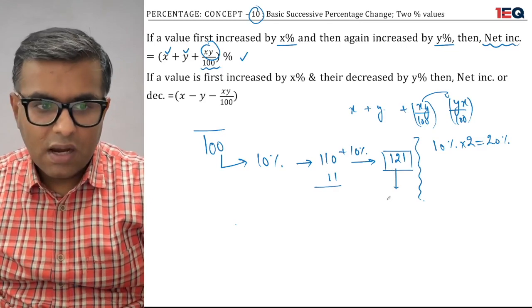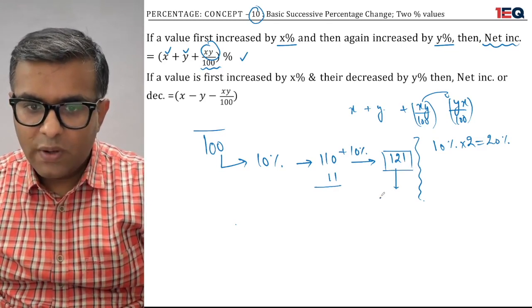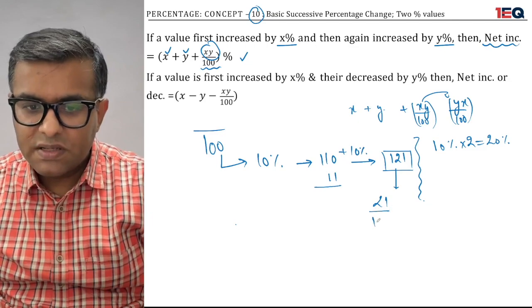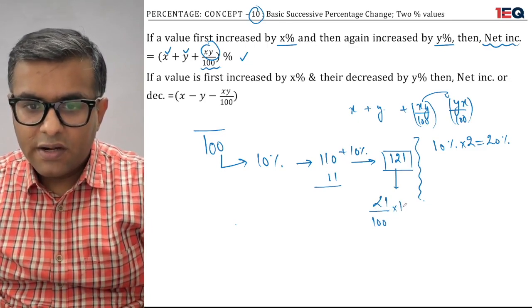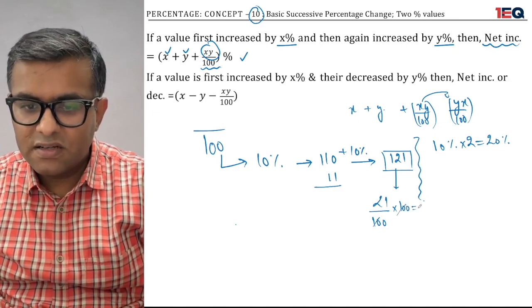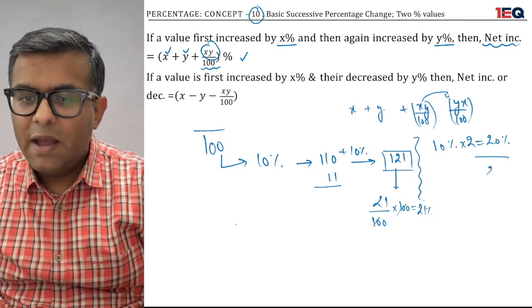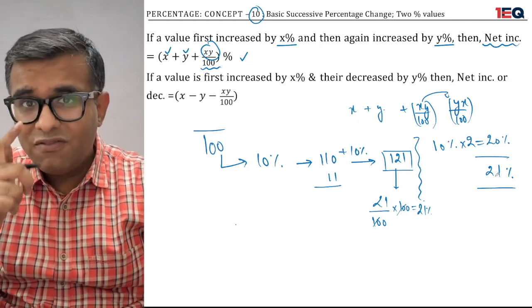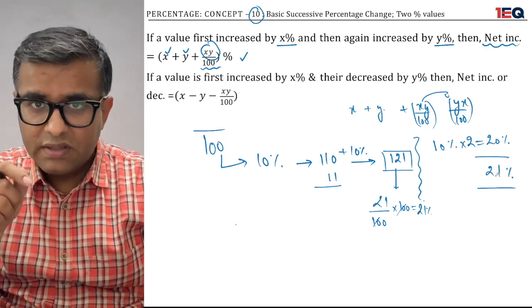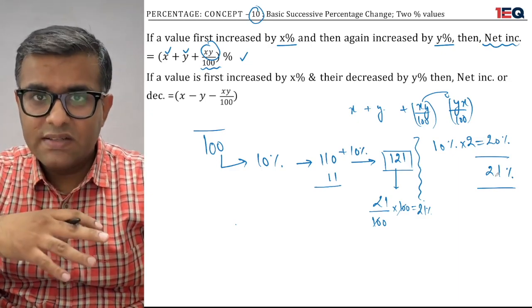The answer is 121 minus 100 is 21. And the base percentage is the old money which I had, which is 100 rupees, and again multiplied by 100. 100 gets cancelled by 100, so it clearly says 21%. So there's a gap of 1%. How did this gap occur? My question to you is, how did this gap occur?